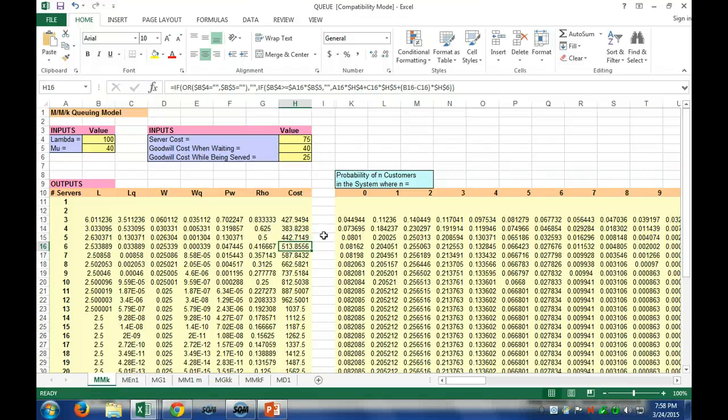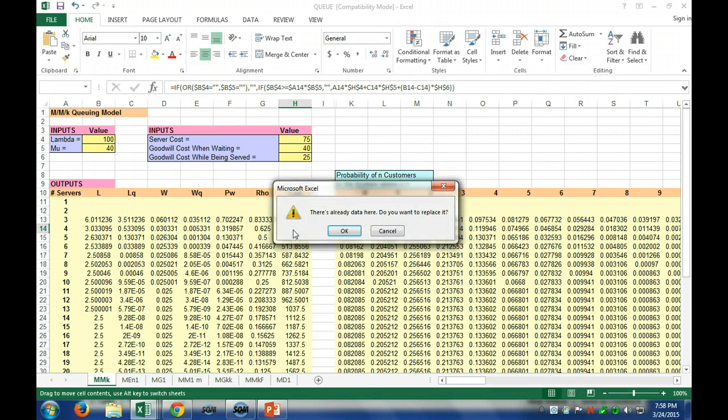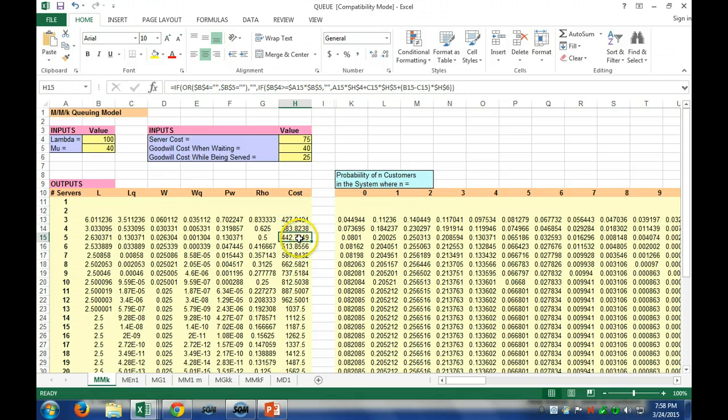So what's happening is, the way this will always go is it'll go down, it'll bottom out, and then we're going to get marginal, insignificant returns. And now the server cost is winning. The server cost is winning. So it's always going to bottom out, and you're always going to find a value like this.